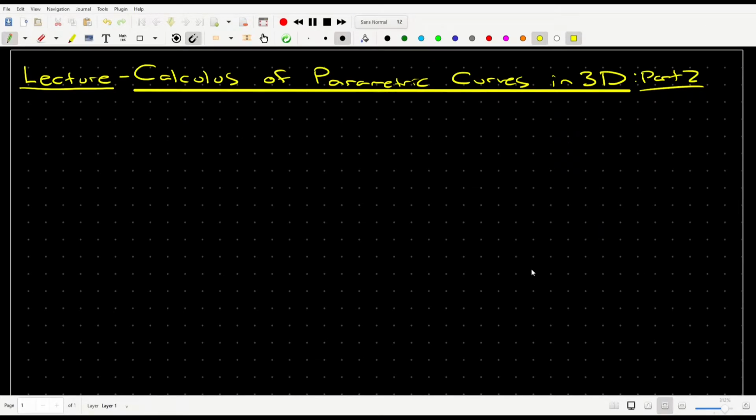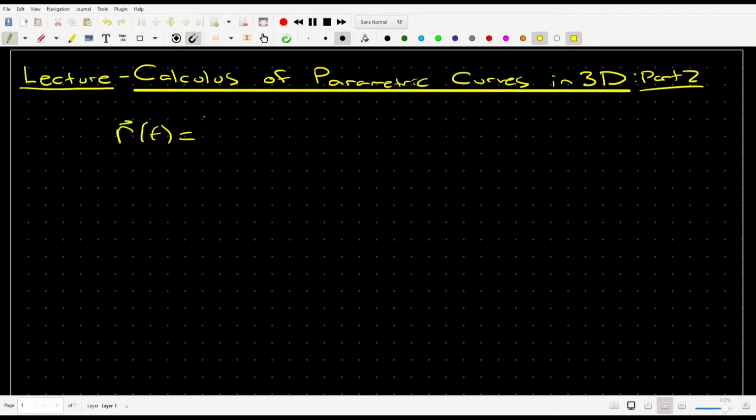So recall that in the last lecture we introduced the concept of limit, continuity, and derivative of a parametric curve in 3D. The derivative was defined in a very similar way to how the derivative of a single variable function is defined using the limit definition, and essentially ended up being exactly the same thing as what you would expect. Right? If you have a parametric curve